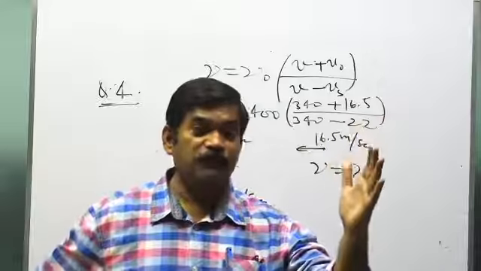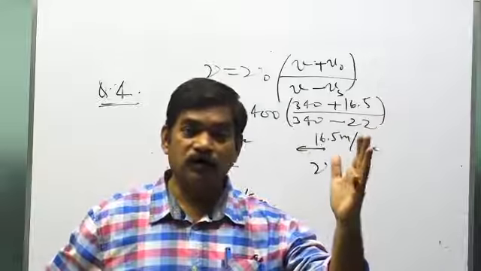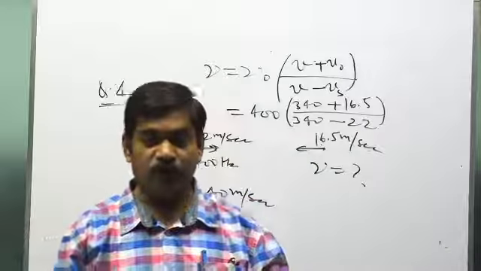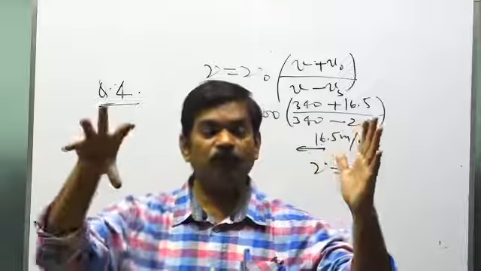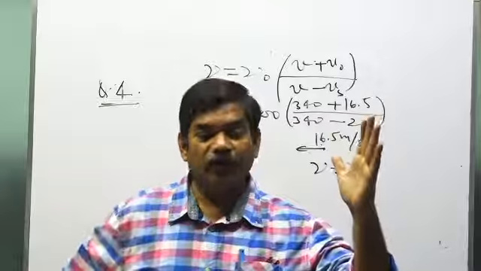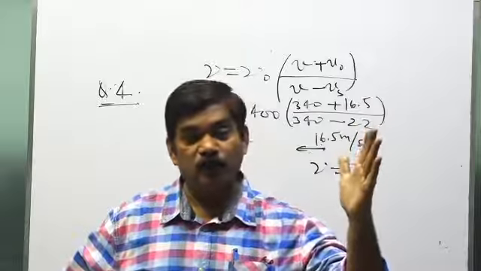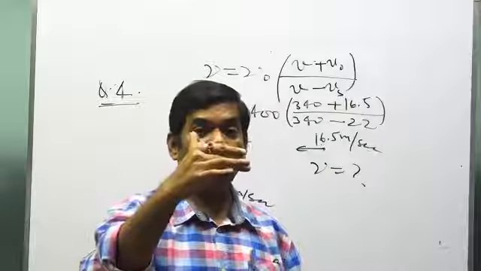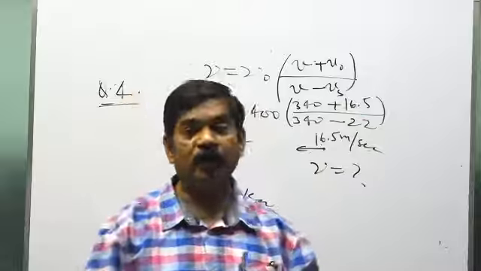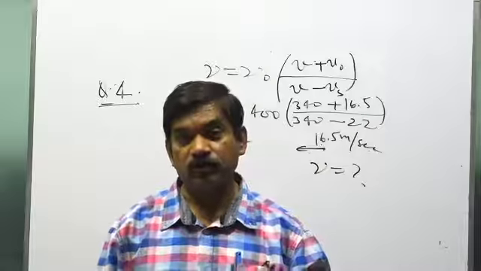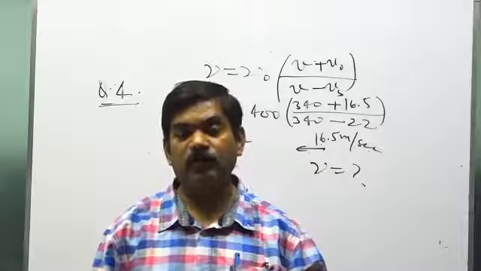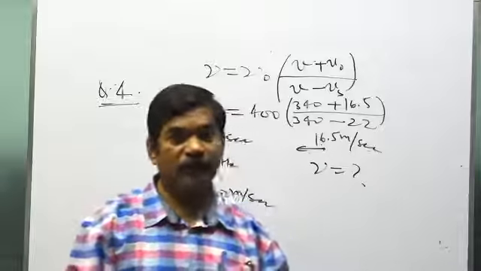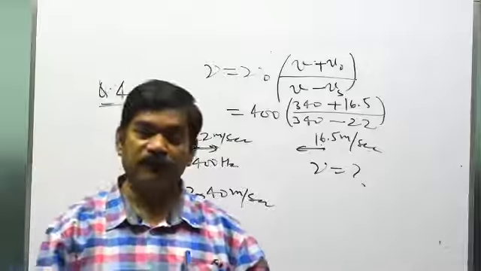Now the wall becomes a source. Say the frequency received by the wall which you calculated was nu1. Nu naught was the original frequency of the car's horn. Now the wall becomes a stationary source, and the driver becomes the observer, moving towards the wall. So you calculate nu2, the frequency heard by the driver. One frequency heard by the driver is nu naught, the other is nu2. You take the difference of the two, and that will be the beat frequency heard by him.